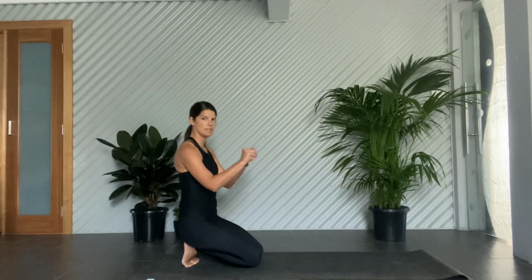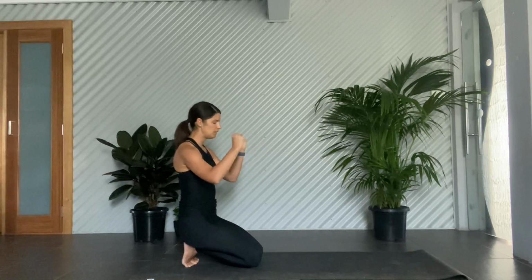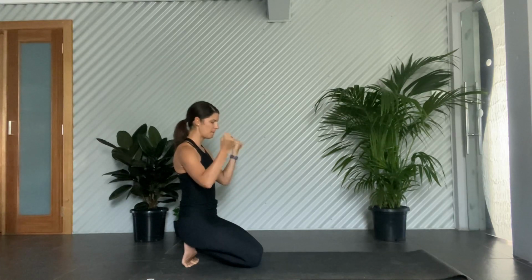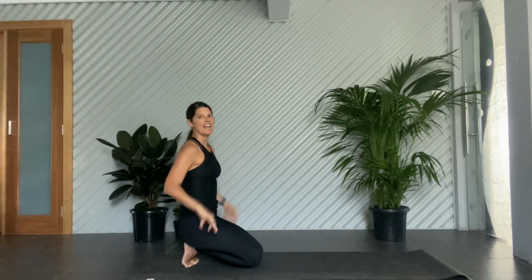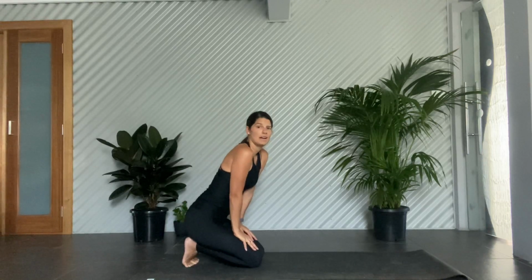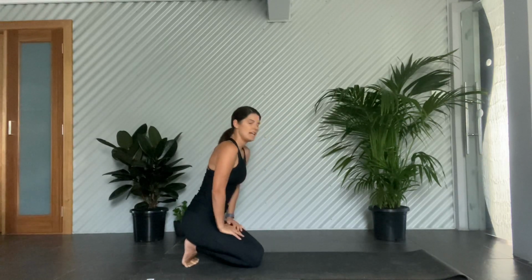Make fists with the wrists, so tight little fists, and just gently roll the wrists out. Just going in one direction. And then let's just change directions, going in the opposite way. Beautiful. Little flick out through the wrists and release. All right, so from here, let's come back through to the mat, and we're going to take a downward facing